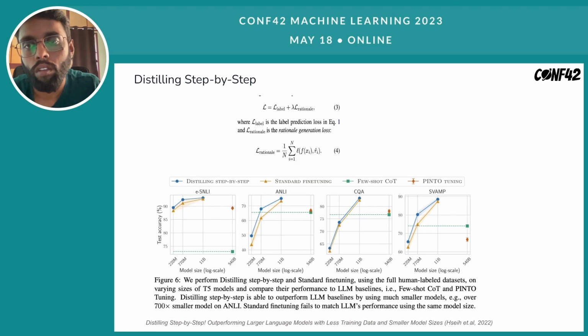reasoning abilities. The loss they use is a weighted loss of the label loss as well as the rationale loss, the generation of the rationale. They show that the fine-tuned model in this distilling step-by-step setup performs even better than a 540 billion model, which used few-shot generations. So you could see that T5 220 million, 770 million, and 11 billion doing a better job in the mathematical reasoning and common sense